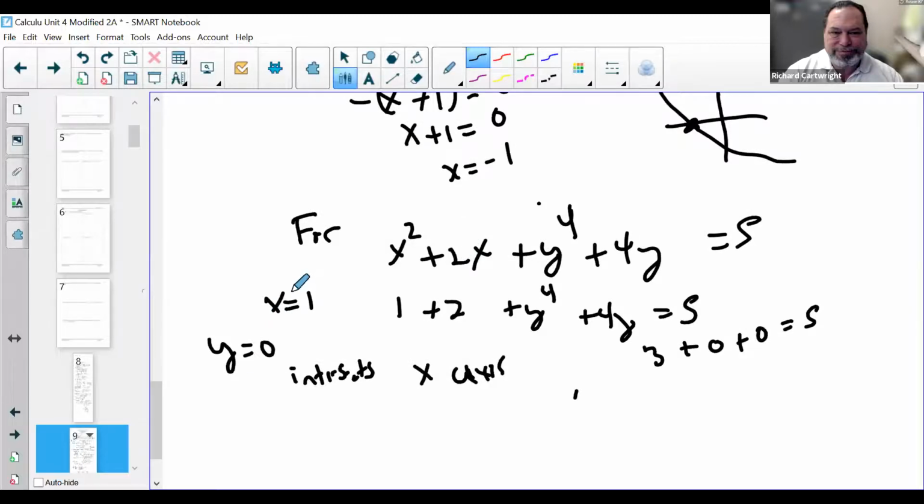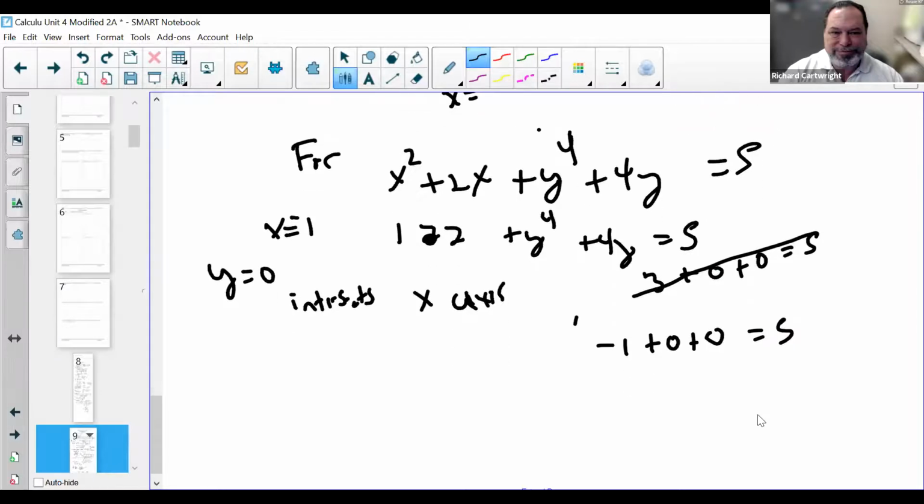Let's fix that. That stays the same. This now does become minus 2. So that changes into 1 minus 2, let me get rid of this here, is minus 1 plus 0 plus 0 equals 5. Well, that didn't help either. What does that mean? That means there's no ordered pair. There is no ordered pair